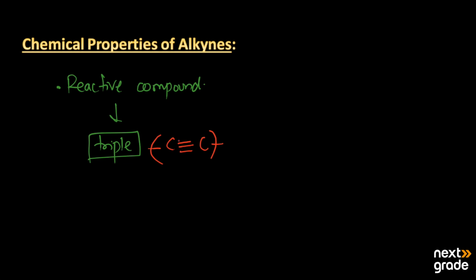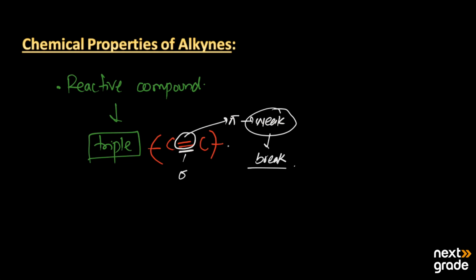As a triple bond consists of one sigma bond, it is strong. On the other hand, the other two bonds are known as pi bonds, and these bonds are weak and easy to break. So that's why when alkynes react with other substances, these two weak bonds break down and they give the type of reaction known as the addition reaction